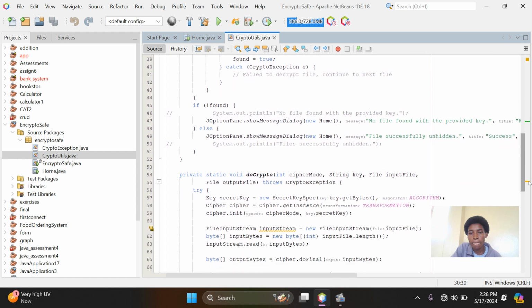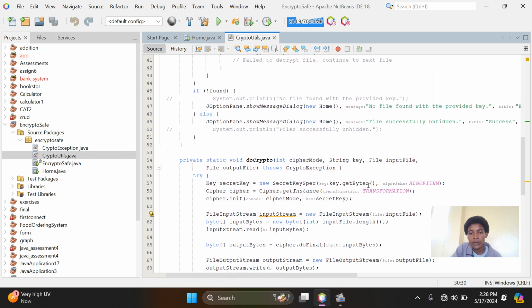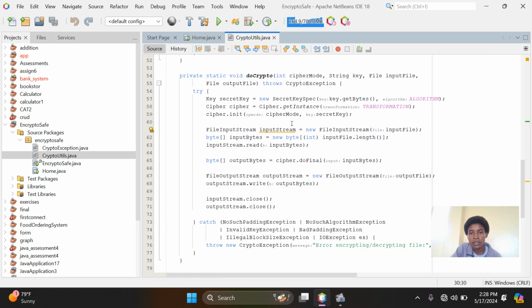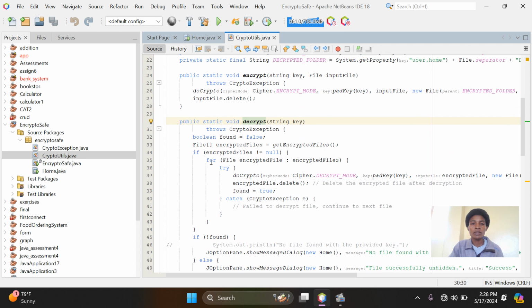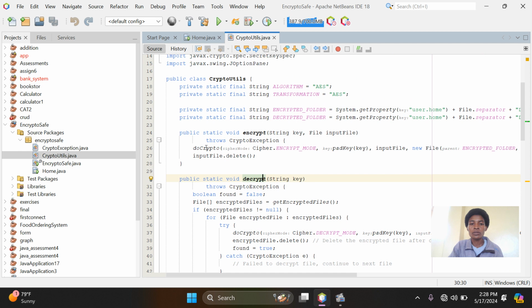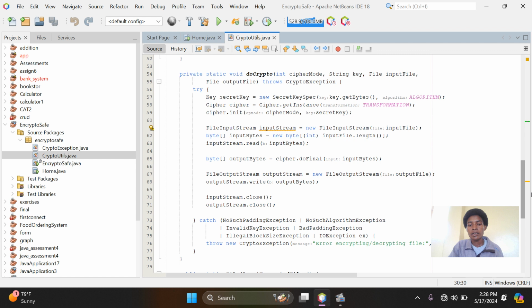So here we have doDecrypt. It aims to encrypt and decrypt at the same time, but here in the decryption we use it to decrypt, and in encryption we use it to encrypt. So here